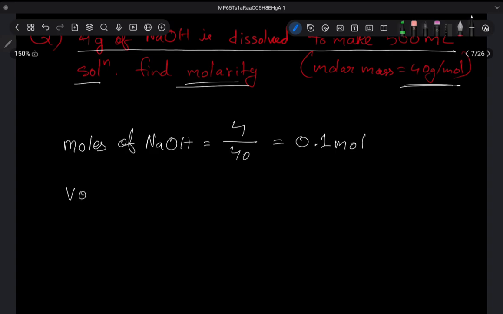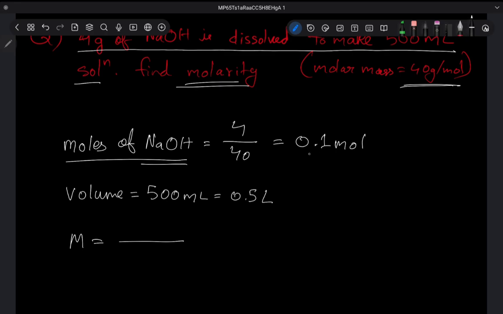Let's convert the volume, 500 milliliter to liters, which will be 0.5 liter. So let's find molarity. M equals the number of moles of solute, which is 0.1 mole, divided by volume in liters, which is 0.5. If we calculate this, it will be 0.2 M. Okay,